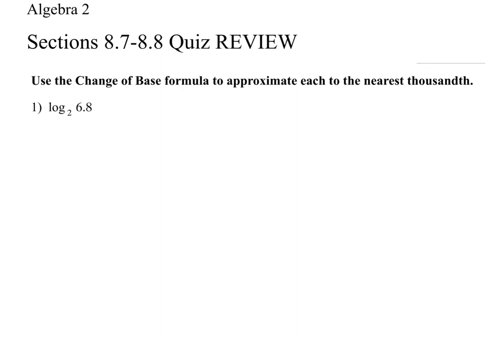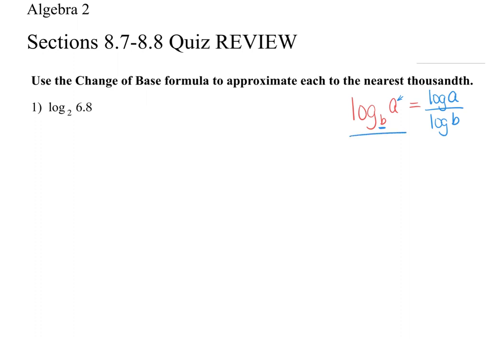Here it says use change of base formula to approximate to the nearest ten-thousandth. So the change of base formula says that if you have some log with a base that is not either 10 or e, which is in your calculator, then you can just use your common log, your base 10, with the number that you were trying to find originally, divided by the log base 10 of your original base. And that will give you